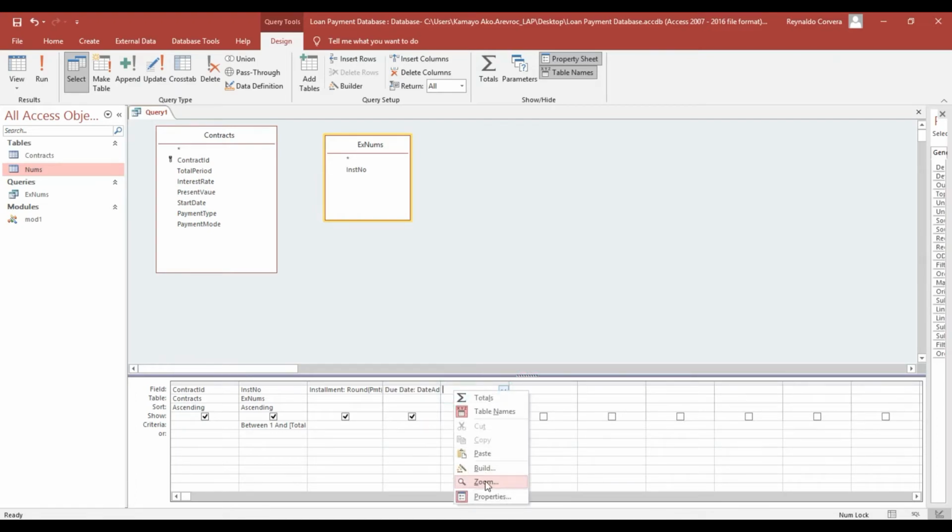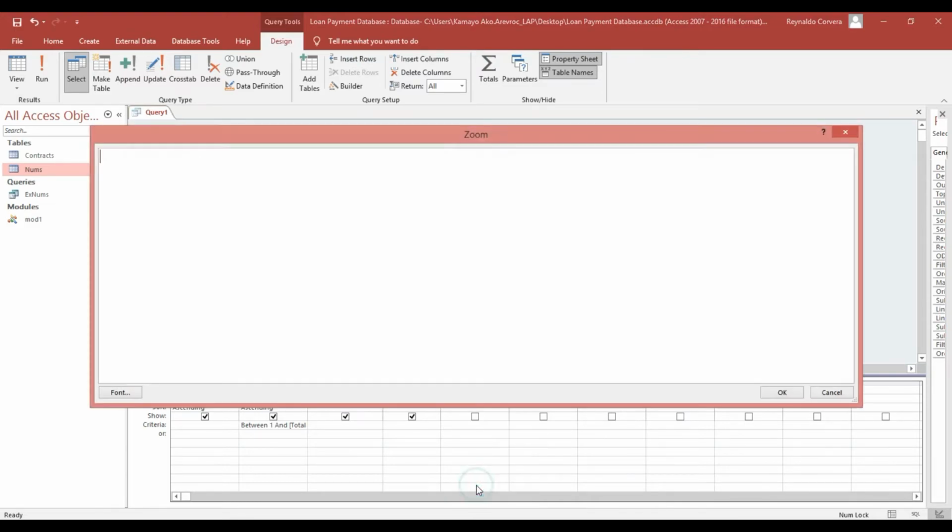Then we will add another field in the query, so we will also calculate the interest. So the interest, again, we'll use the round function, then we'll use the IPmt function. I already explained to you what this function is. Then interest rate,